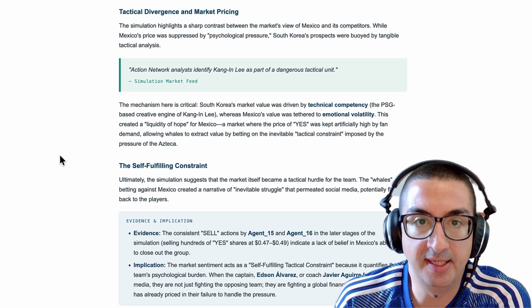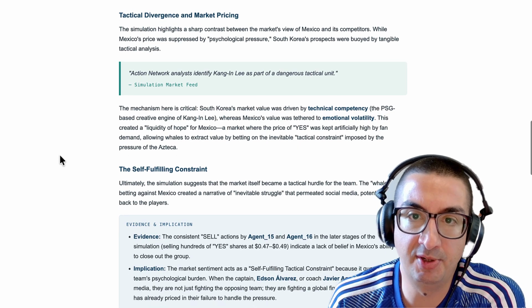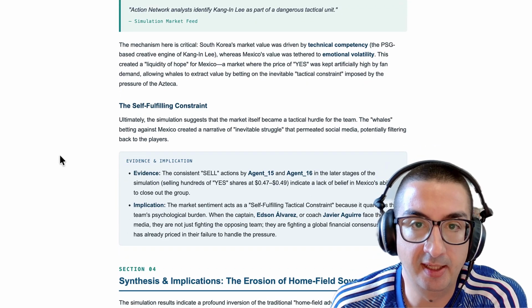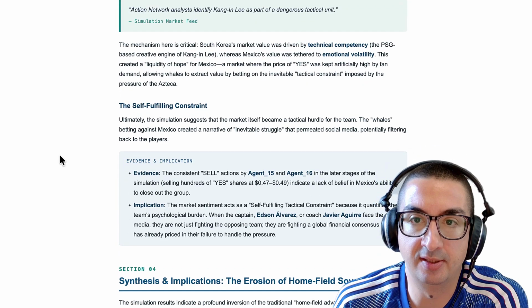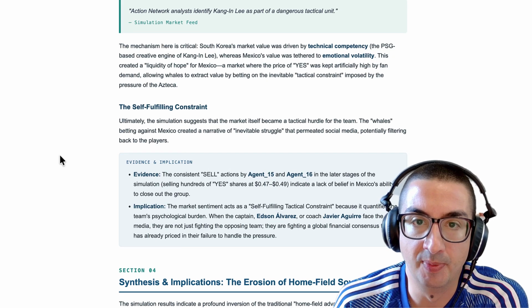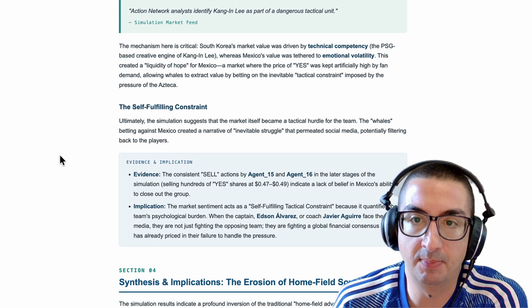The mechanism here is critical. South Korea's market value was driven by technical competency, the Paris Saint-Germain-based creative engine of Kangin Lee, whereas Mexico's value was tethered to emotional volatility. This created a liquidity of hope for Mexico, a market where the price of yes was kept artificially high by